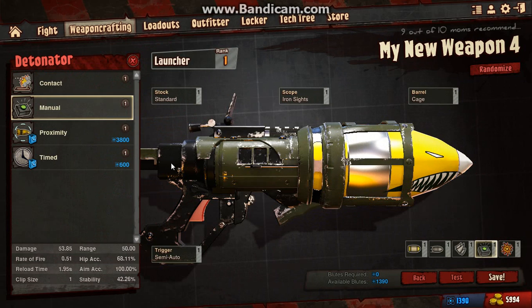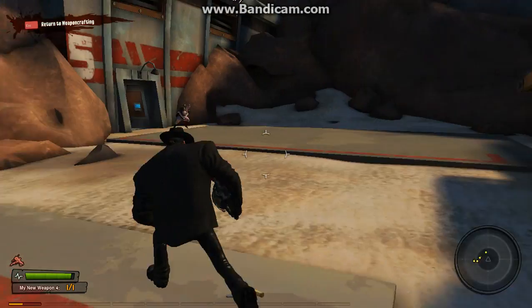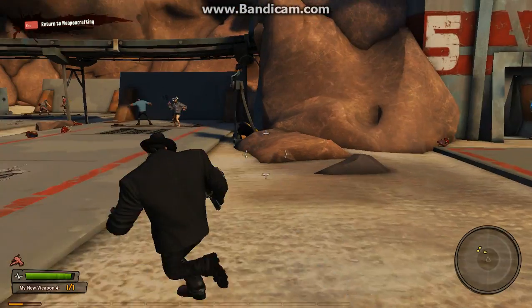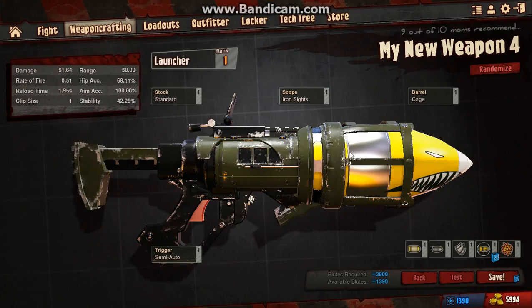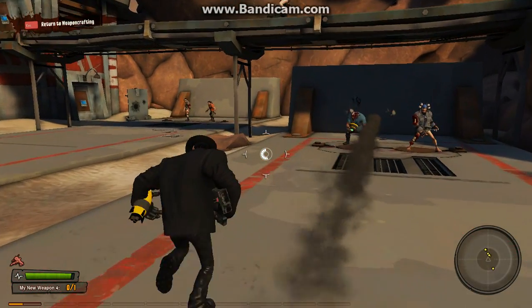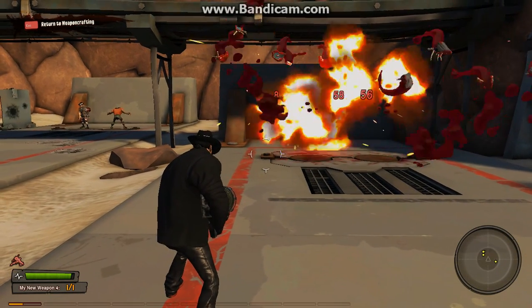So, yes, what was next? Oh yes, the proximity. One of the ones I'm actually after. Proximity does significantly less damage, but explodes whenever an enemy gets close. Cannot confirm if it works on friendlies, because I haven't bought it yet. And lastly, timed. Guaranteed to go off after a certain amount of time. So, 1, and 2, and 3, and 4, and 5...